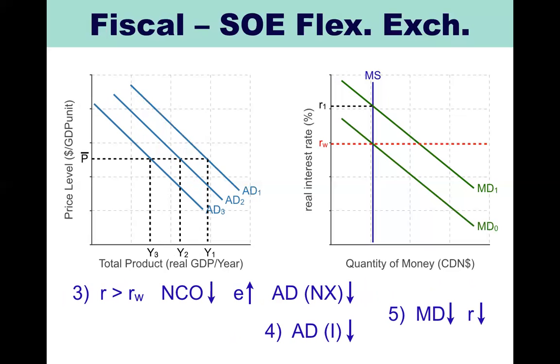So there's no permanent shift of our aggregate demand. And of course, since we've decreased our aggregate demand all the way back, well, that means the money demand is going to decrease as well, bringing us back to our RW, where we always knew we would end up. So notice that when we have fiscal policy in a small open economy with a flexible exchange rate, there is going to be no permanent change in the aggregate demand curve. Remember, it does not work.